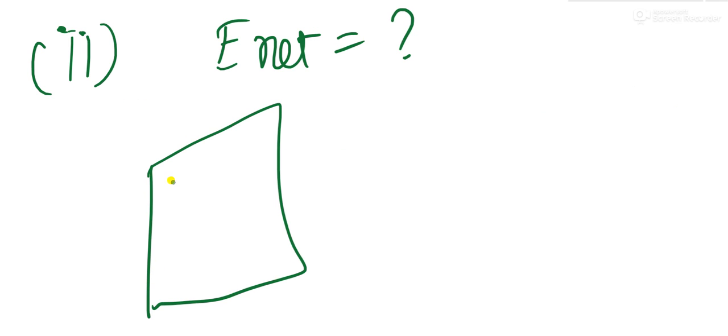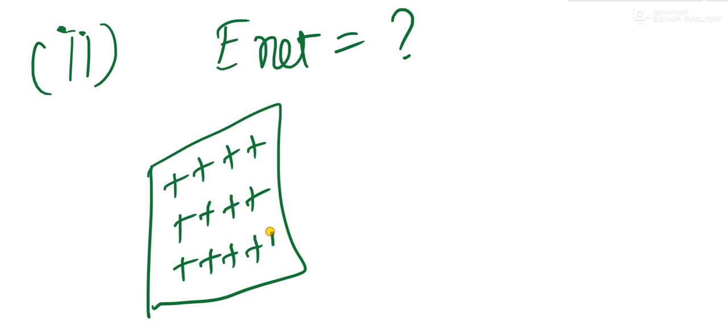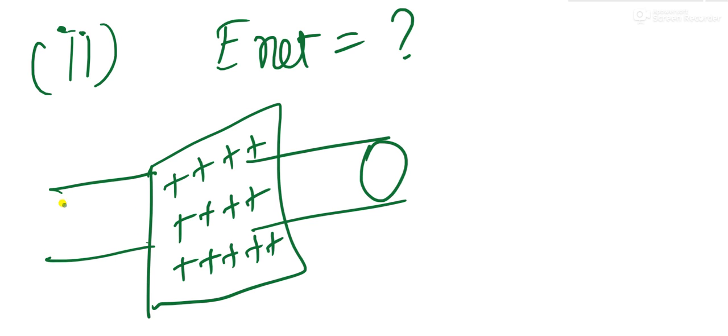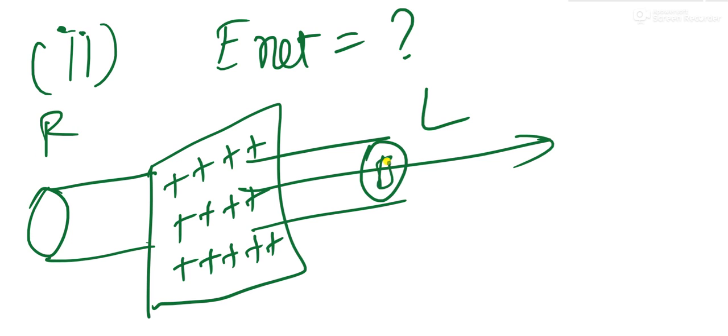Second one, what is the net electric field due to the sheet. Sheet means it comes under area. This is also a very simple equation. We have plus charge. Here I consider the left side and the right side. I call the left L and the right R. The electric field is passing like this. Here I have taken a smaller area dA. On the right side also the electric field will be outwards, from plus outwards, and dA I consider here, the electric field will be this side.